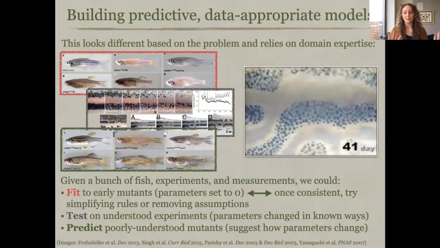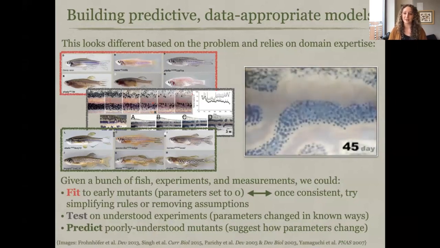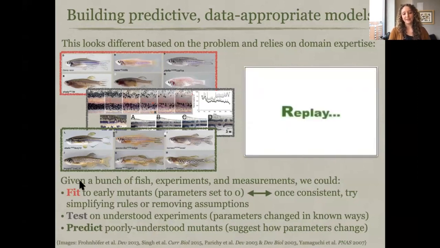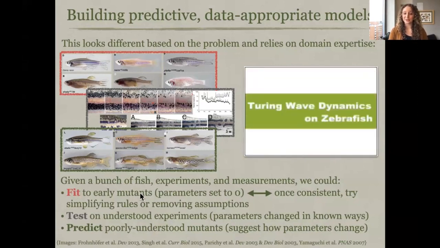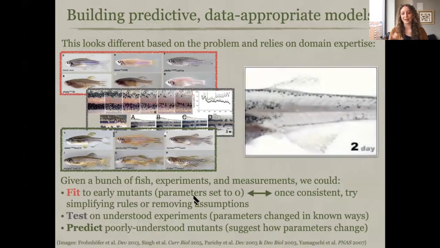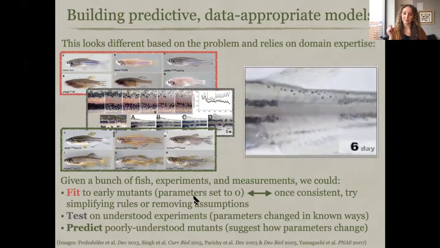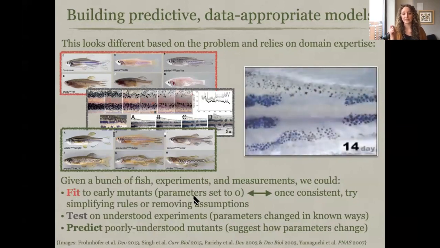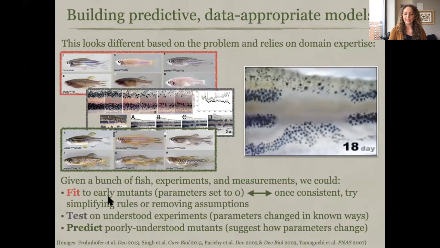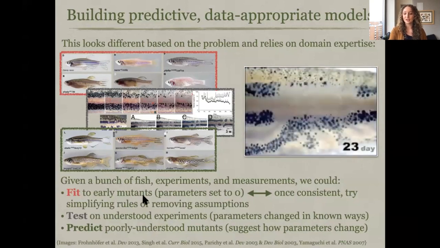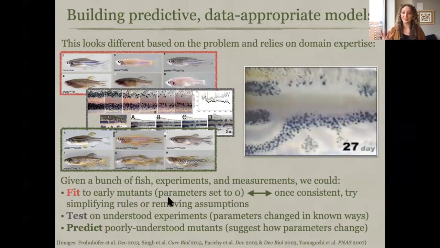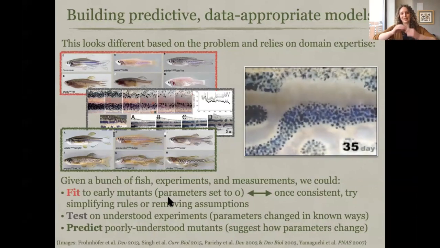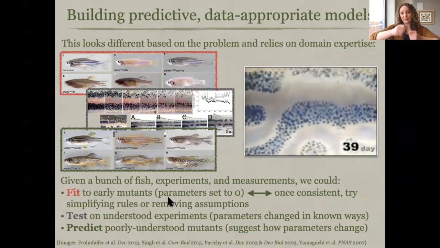And so what we do is use the fact that you can break these fish pictures up into different types, and we fit them to fish pictures that basically involve, I'm not going to go into the biology, setting parameters in the model equal to 0. And we know it involves setting parameters in the model equal to 0. So you determine what your model should be based on the red set of fish. And once you have a model, you then basically simplify it by hand by trying to see, are there any more parameters that you can set to 0?